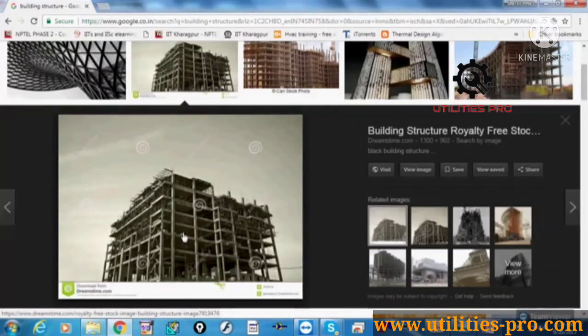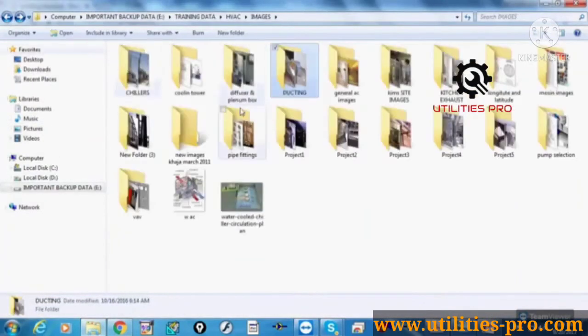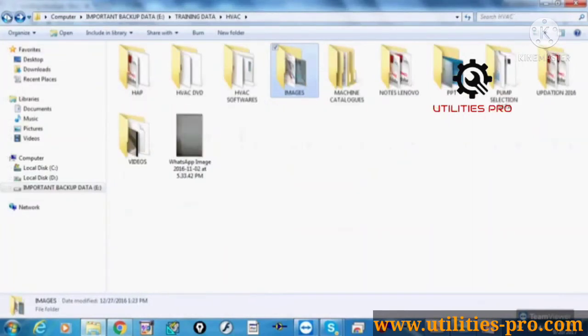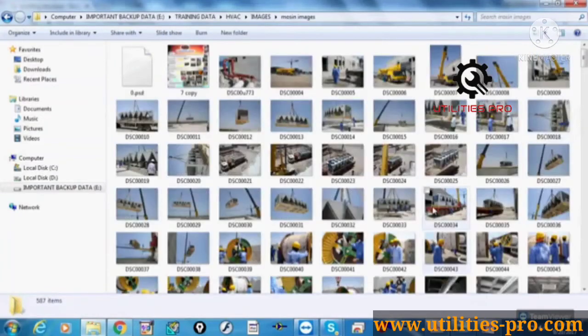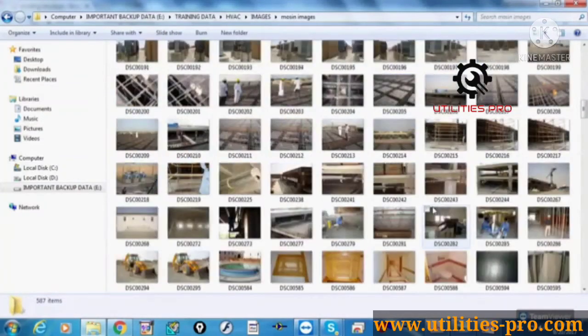But at the time of preparing this structure, first the steel work, at that time only, as a mechanical engineer, you must check pipe sleeves for plumbing, for HVAC pipes, and for firefighting pipes. I'll show you one example for pipe sleeves. This is important. Especially for big projects, you must take care of these pipe sleeves, because later we cannot disturb the structure members.